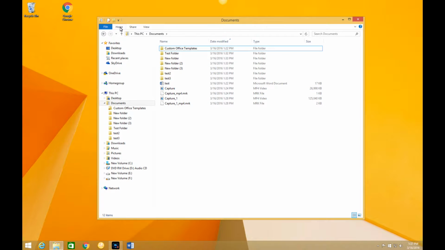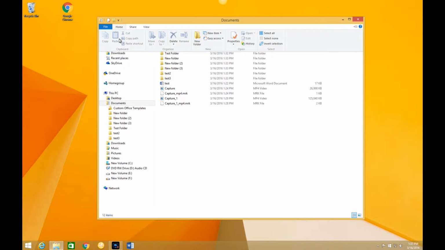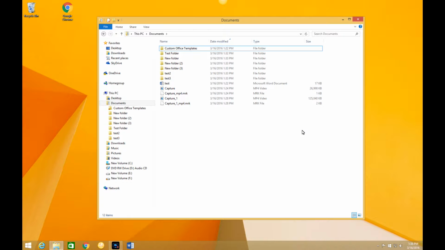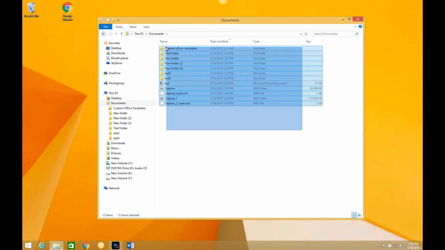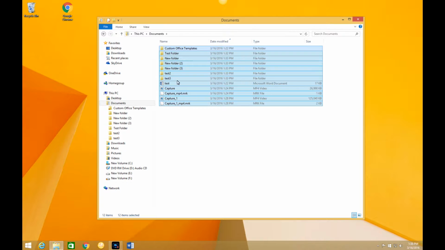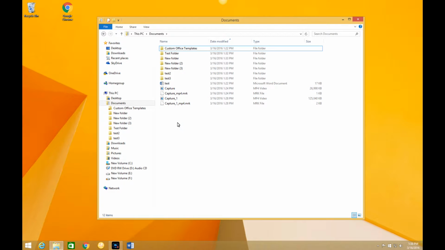Okay, so now we go to Home, and Home will pull down this menu and give you all kinds of options. Create a new folder. You can do your properties. You can select all, have an invert selection. So if I select all, it selects all those folders. Another way to select all those folders is to left click and drag, and a box will come up. Left click, drag up, and a box will select them. If you only wanted to select a few,